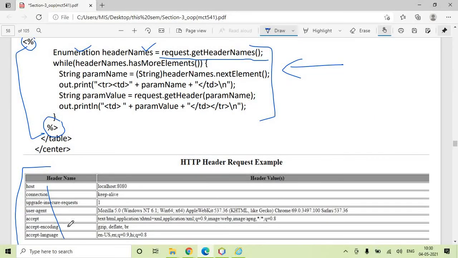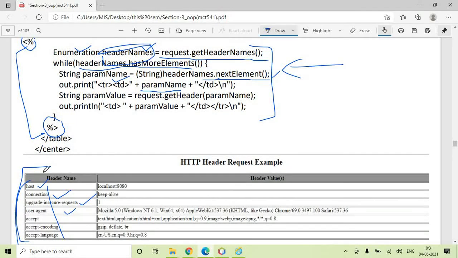These header names will get all these parameters, while headerNames.hasMoreElements. So first it will run for this parameter, second it will run for this parameter, third time for this, fourth time for this. While you have more parameters to read from the request header names, that while loop will iterate that many times. The first time, it will get the element from headerNames.nextElement, store it in the paramName string variable, and print it in the first row, first column.